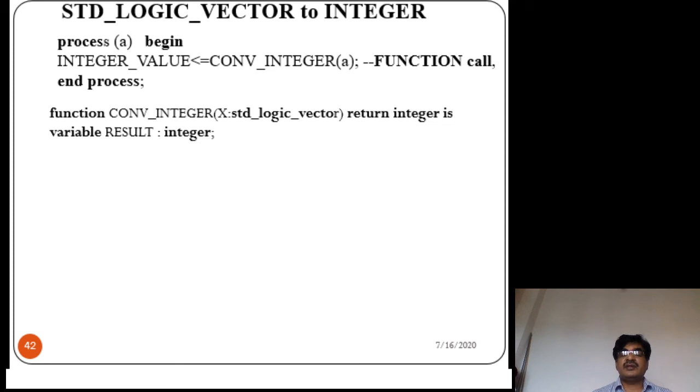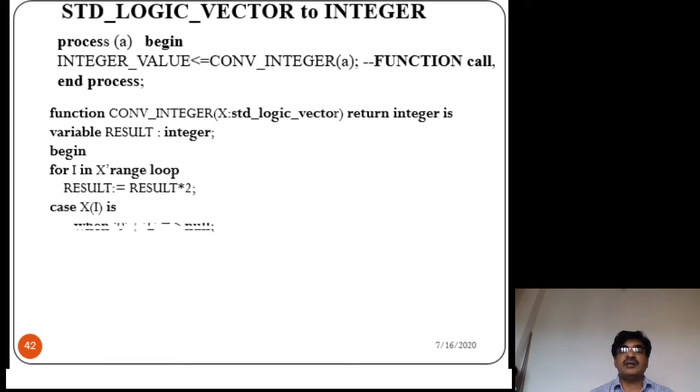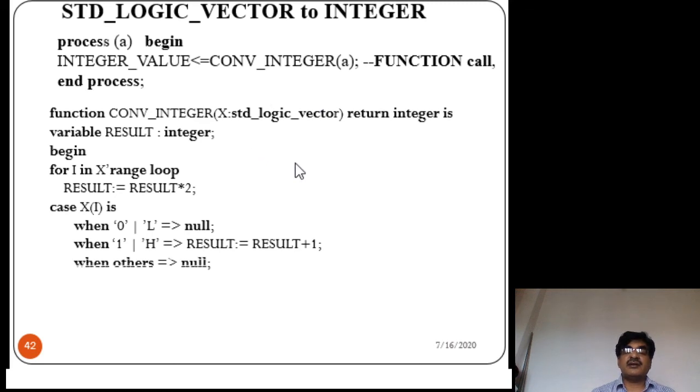Then here one variable declaration is there. The variable name is result. That means result is an object of class variable with integer data type. Okay, begin. So after begin, here I am taking a for loop in the range of the standard logic vector. Suppose the standard logic vector x consists of 4 bits, the range is a 4-bit range.